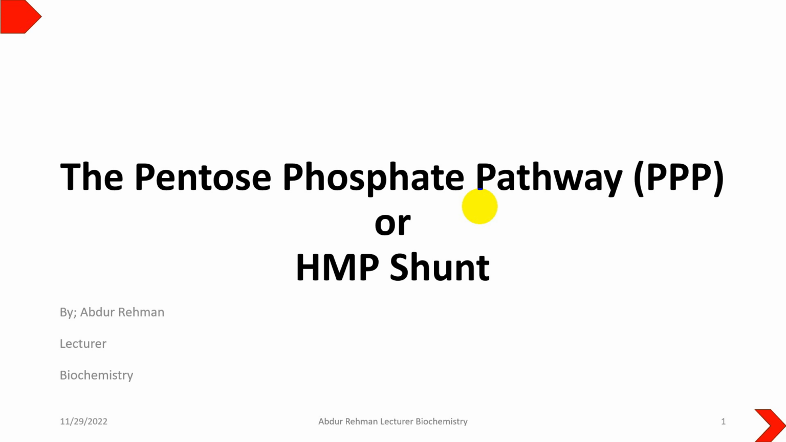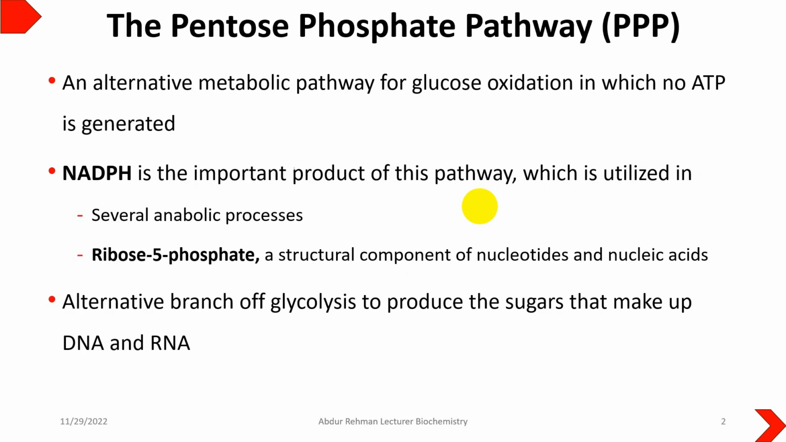Today we will discuss yet another important topic of carbohydrate metabolism, and this time it is about the pentose phosphate pathway, or we know it as the Hexose Monophosphate Shunt pathway. The pentose phosphate pathway is a kind of alternative pathway of glucose oxidation, and this time this pathway is not meant